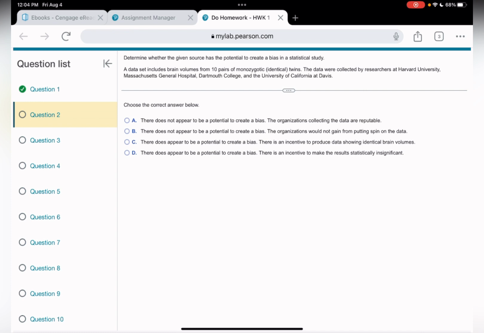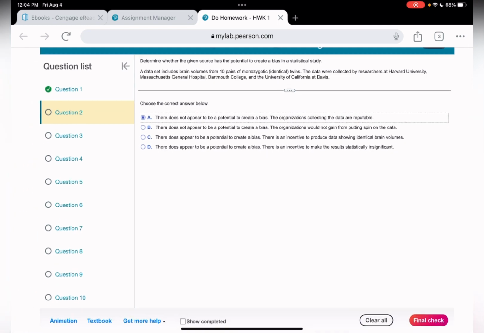There does not appear to be potential to create bias. Organization would not gain from putting spin to the data. No, doesn't. It sounds like baloney. So, okay, I am choosing this one. And the answer is